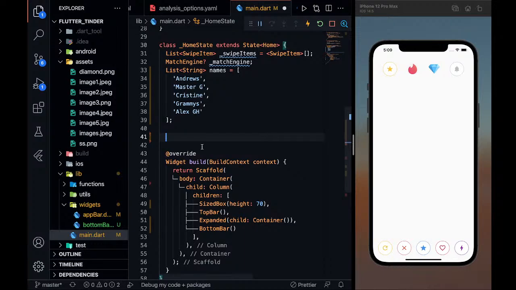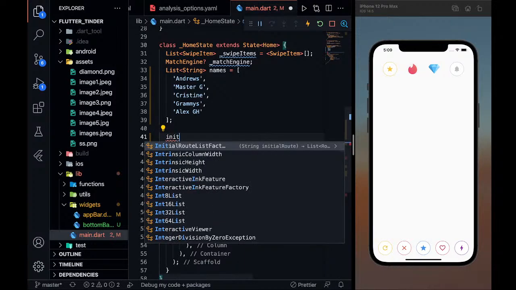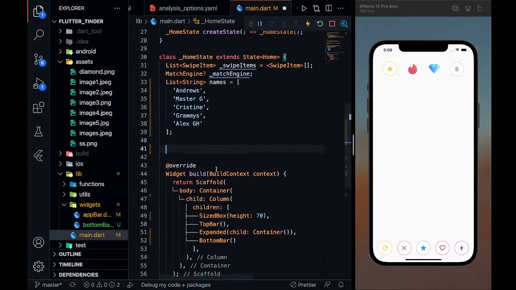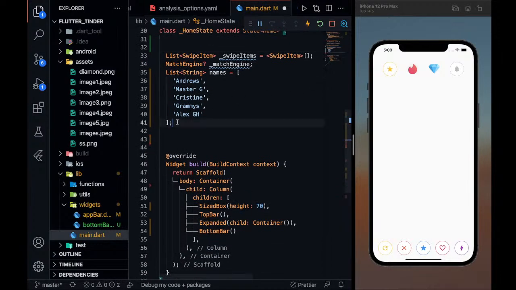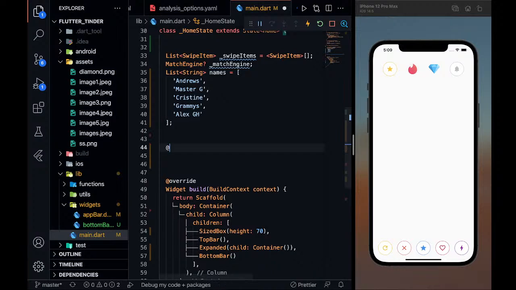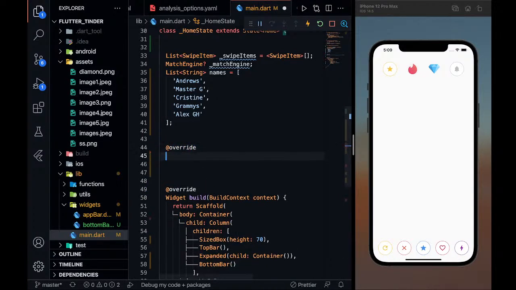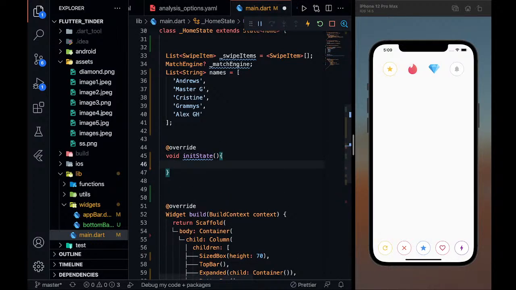So now what I'm going to do is create initState. Where is my initState? Let's create it manually only, since it is not giving me this suggestion. So I'll create @override, and after that I'll create a void initState function. I'm defining the initState function so that whenever my app is loaded, I want to append this list